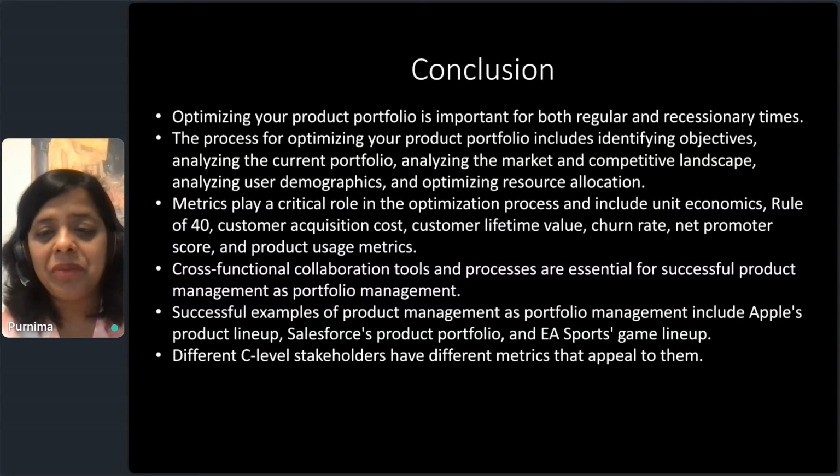What is the process of optimization? You identify objectives, you analyze your current portfolio, you look at the market and competitive landscape, you look at whatever data will help you make that decision, you analyze it, and then you optimize your resource allocation based on that. Metrics play a critical role, but